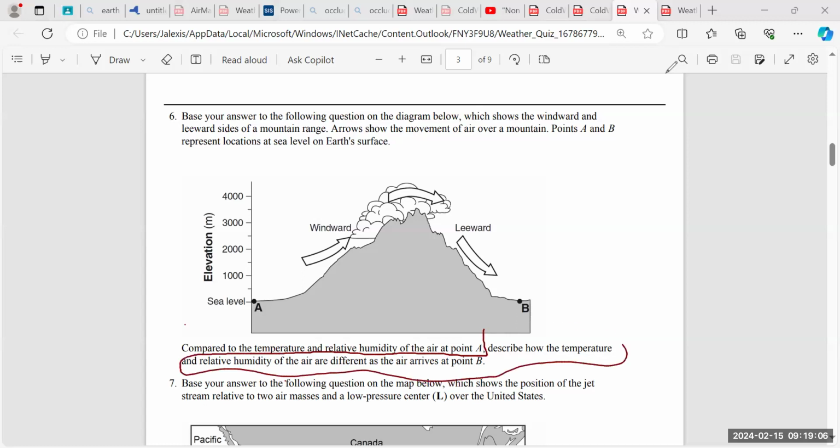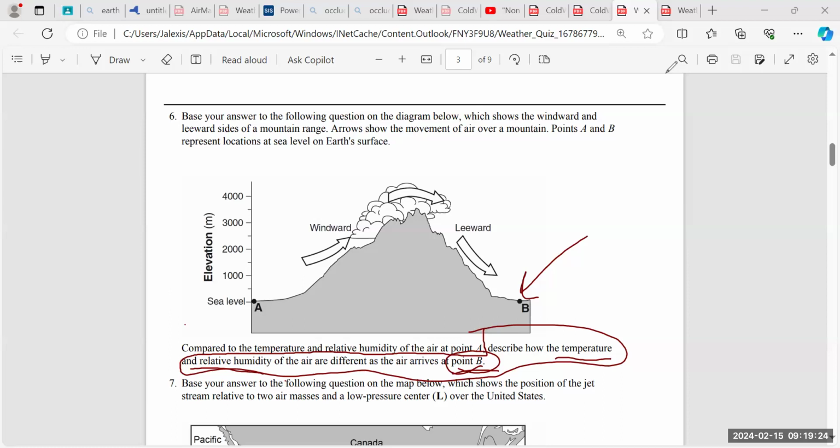Why am I looking at the last part of the question? Because I know that I'm going to describe temperature and relative humidity at point B, right? At point B. So here is where I have to describe the temperature and humidity at point B compared to